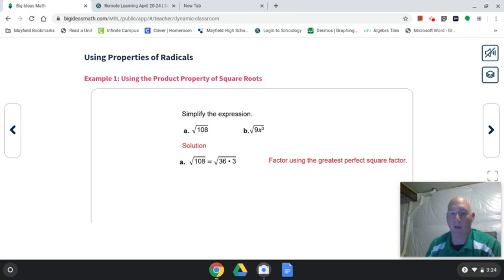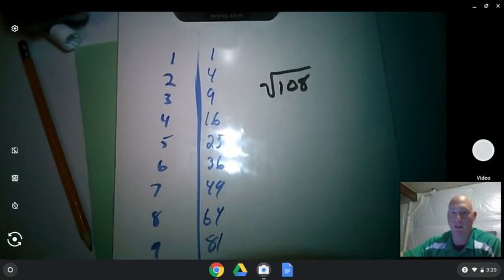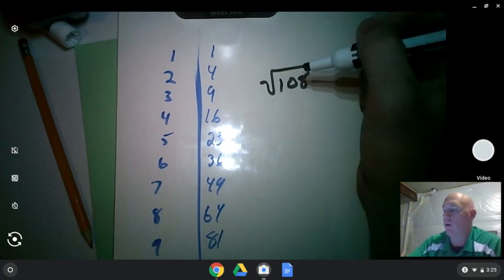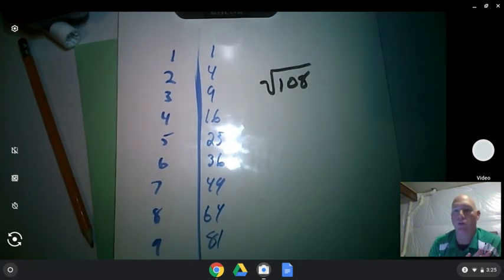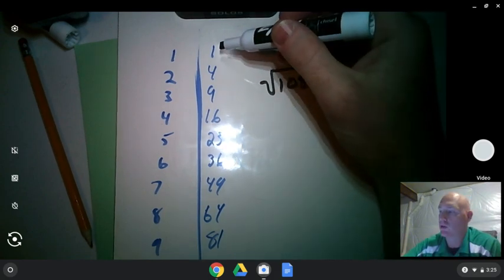Now this is going to take a little bit of work, but what you want to do is list out the factors of 108, but you're looking for perfect squares. So you might want to just look off of your perfect squares list to see which of those actually go into 108. Okay. Now it's already up on your screen, but if you didn't have that, you would just go through your perfect squares list. Okay. So 108 divided by, and we want the greatest perfect square. Not the smallest. You can kind of think of it as expanding the greatest common factor. So the greatest perfect square. So we go through,